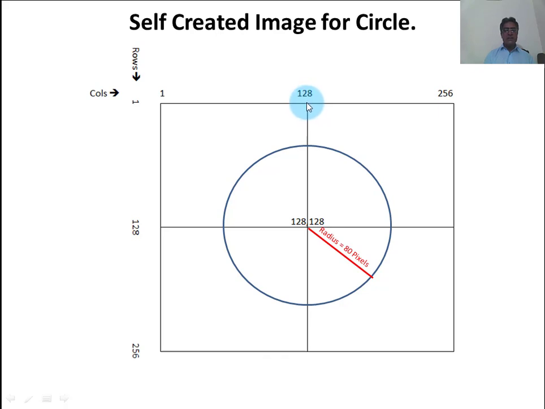This position shows that it is the column 128, and this position shows that it is the middle of the rows, that is row number 128. So when row 128 and column 128 cross at a position, this position is called the center, and it is 128 comma 128, that is x, the rows, are 128 and y, the columns, are also 128.